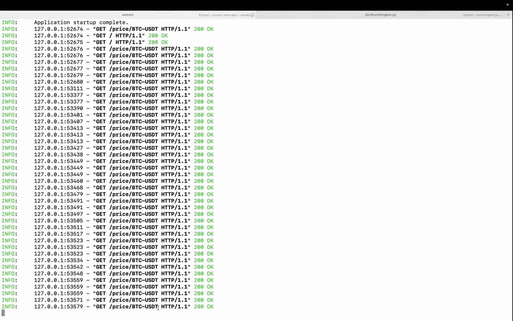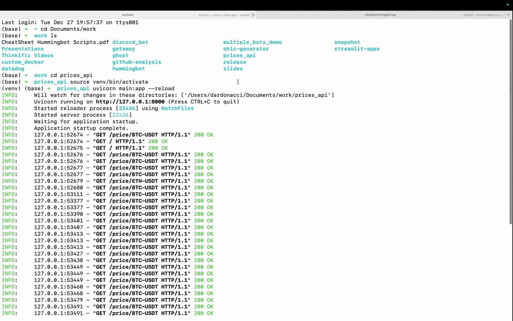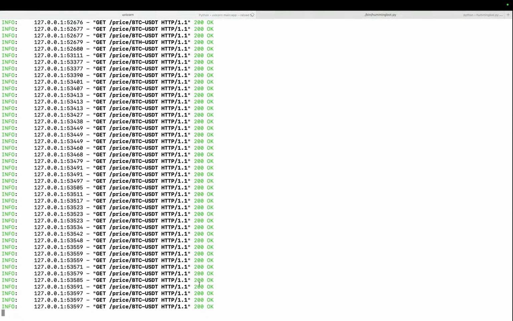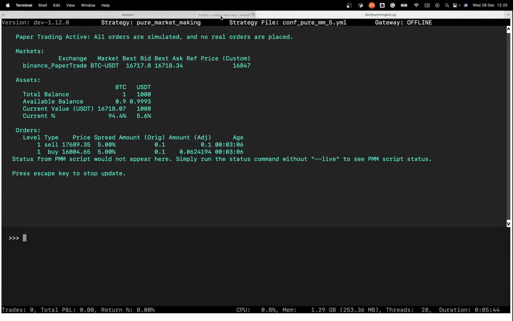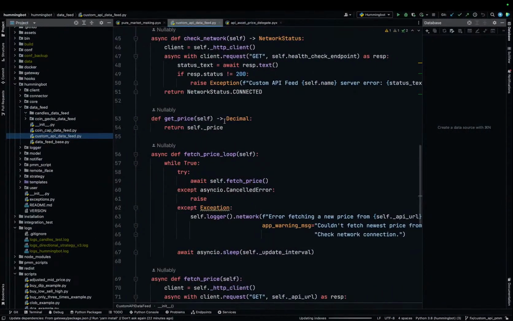As you can see, these are all the requests that the bot is doing. The update interval is every 5 seconds, so we can see that every 5 seconds we have a new request, and it's all okay. So, well, every time that we receive a new request, the bot is going to update. So here we have the API. So the bot is going to ask for the API, which is a new price. It's going to store that price in this local variable of price that we have here in the